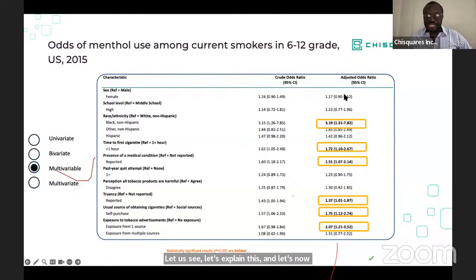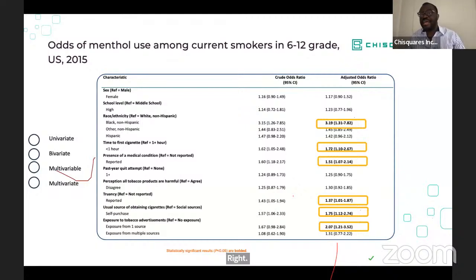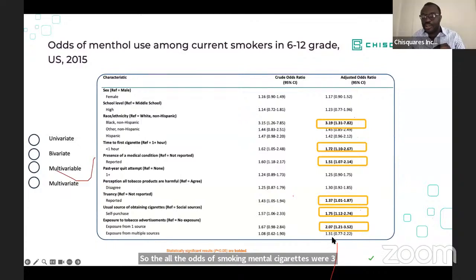So here we say that females, compared to males, had 1.17 higher odds. Okay, this is not significant. Let's just focus on the results that were significant. So the reference group here is white. So we're saying compared to white, blacks had 3.19 higher odds of reporting menthol use, right? So the odds of smoking menthol cigarettes were 3.19 higher among blacks compared to white, but holding all other variables